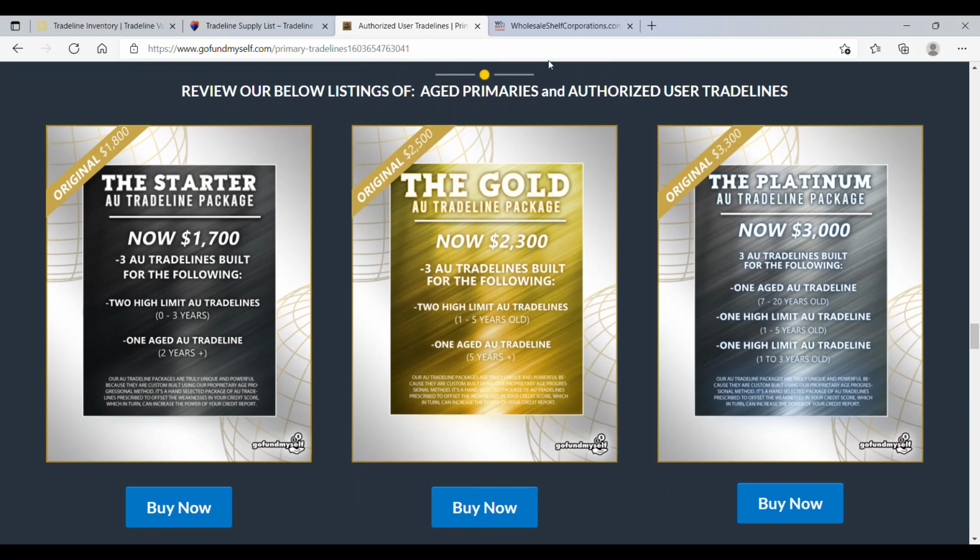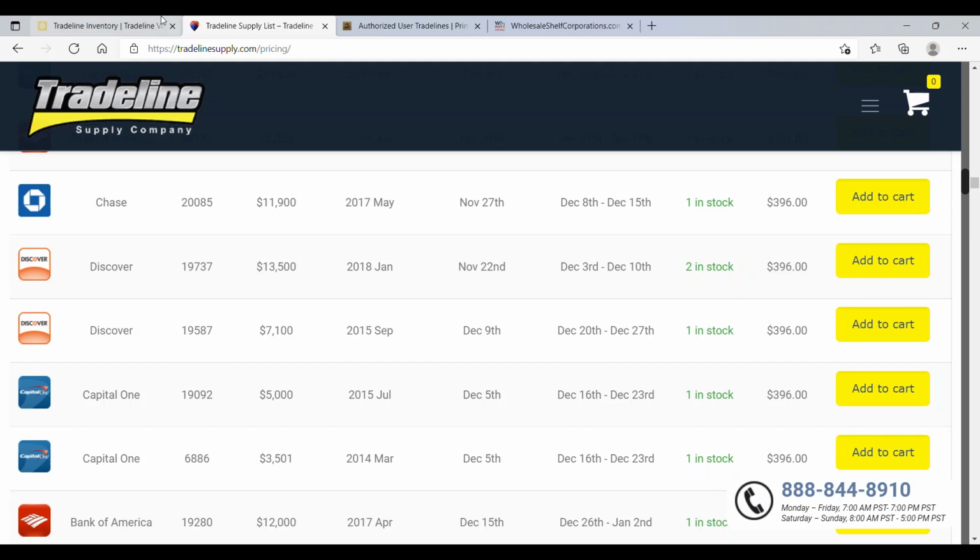So a progression file is, let's go back to Trade Line Supply here. If you were to get a Chase authorized user account, piggybacking, that's what we call it, on somebody else's credit card, this $11,000 will report on your credit profile, plus the age and the credit limit, plus all the positive history with no late payments or anything like that. So with a progression file, you don't want to get something from 2017 that's $11,000 and then go back to